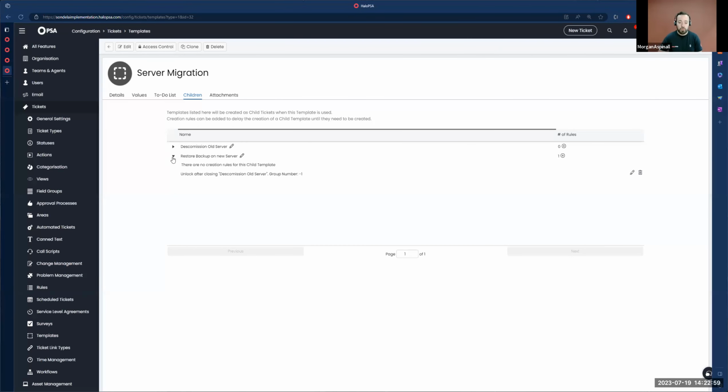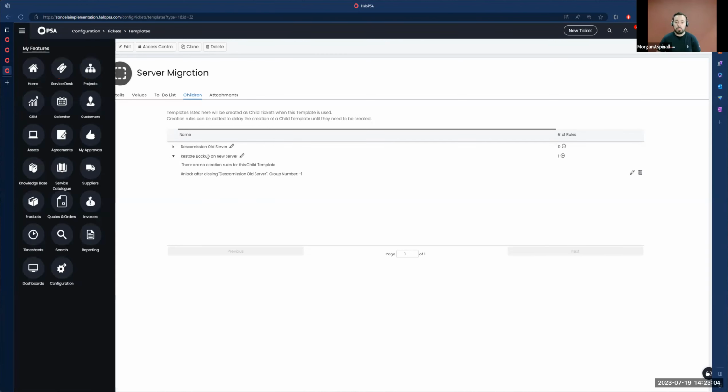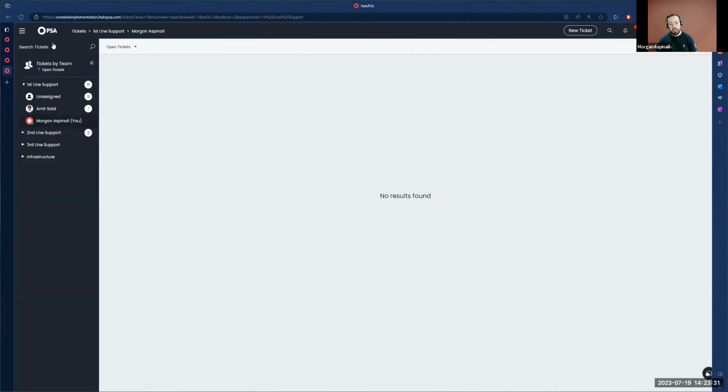And so what that will do is create both tasks at the same time. So, you know, that's more familiar to people with other tools. And also, I suppose the flip side of that is people will be able to see the full set of tasks that do need to be completed eventually. It's just nothing can happen on them until some condition is met. It's like what you're referring to with these dependencies. But by using an unlock rule instead of a creation rule, what we find is